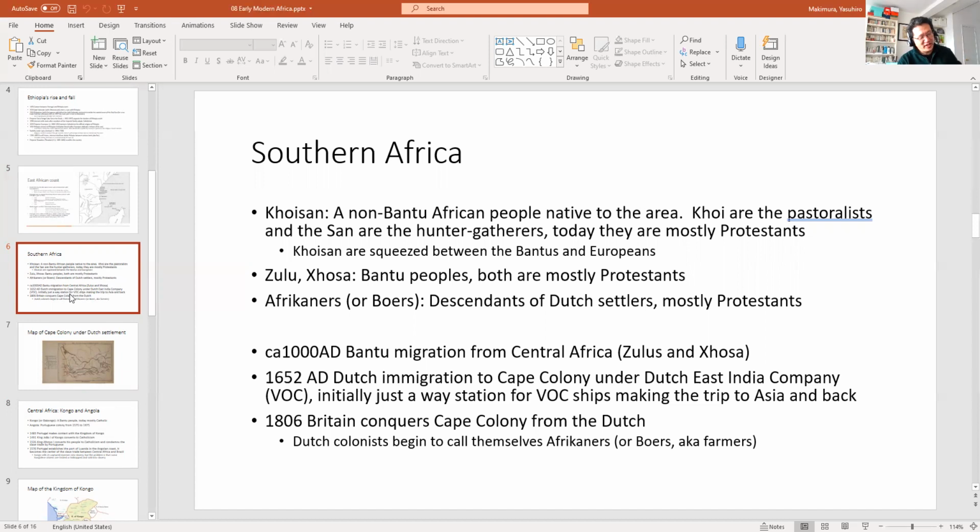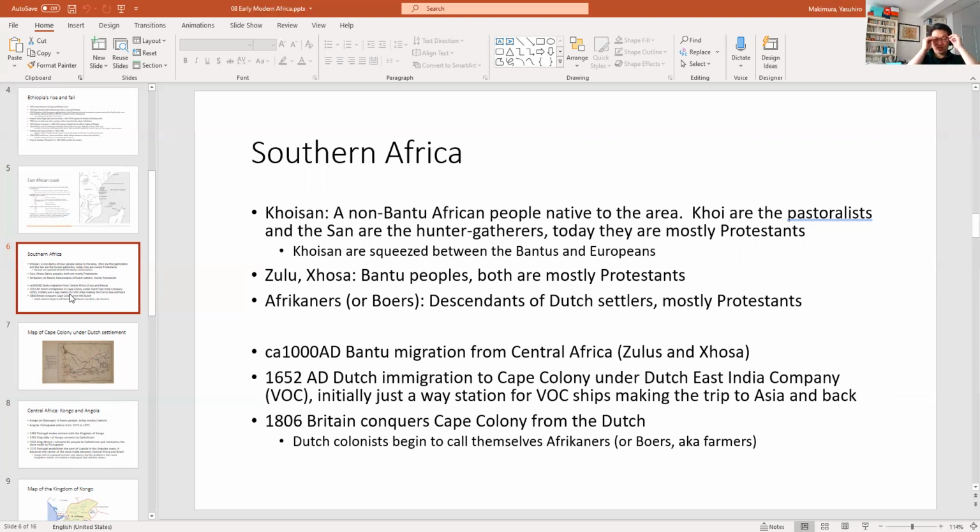So the Dutch East India Company saw this as a way station, and they wanted to actually put in as little money as possible to maintain the Cape Colony. But what happens is as time goes on, the population slowly increases, and the people who grow up there think of this as their real home. They don't think of Holland as their home anymore. And because the Khoisan are pastoralists or hunter-gatherers, they don't have the concept of land ownership because they're constantly moving. So the Dutch settlers continue to push outwards and outwards, and Cape Colony actually grows quite fast.